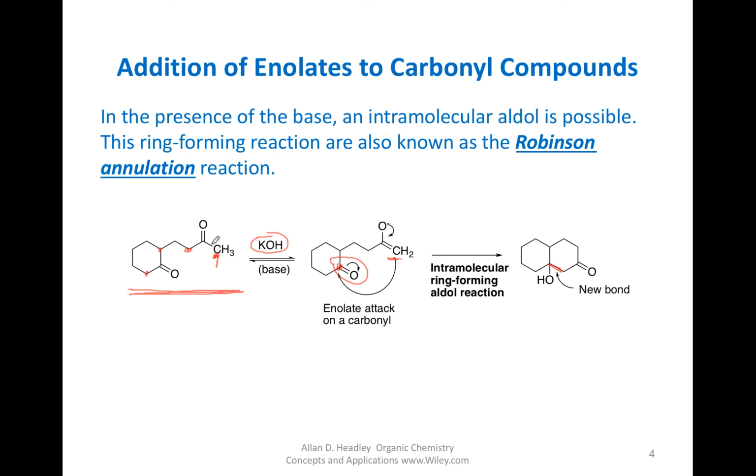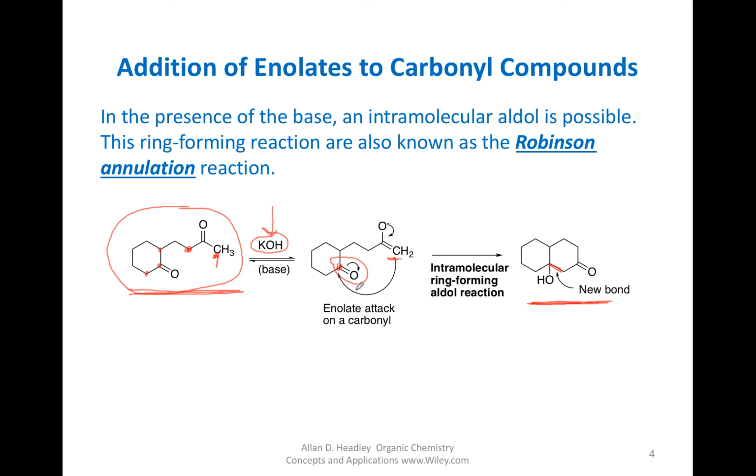One may say, isn't it possible for this enolate to react with this carbonyl? Yes, it is. But the challenge is that it creates a four-membered ring that's not stable. The most stable system, as we have seen in chemistry, is the six-membered ring as we have shown here. So this is the most likely product, or the major product of this reactant in the presence of a base undergoing an